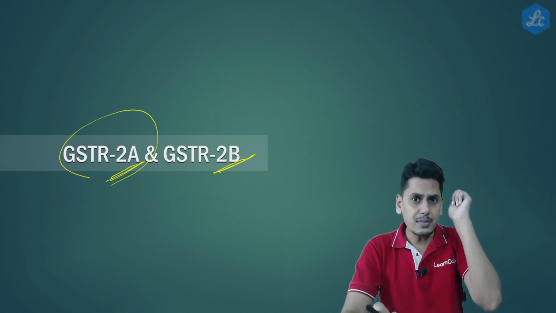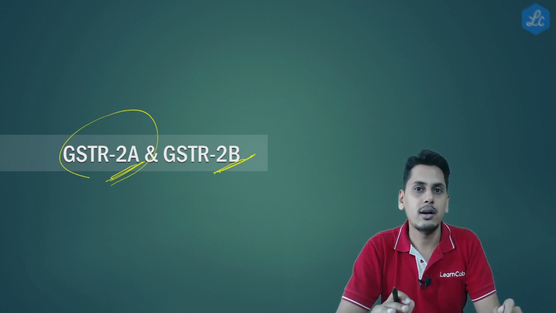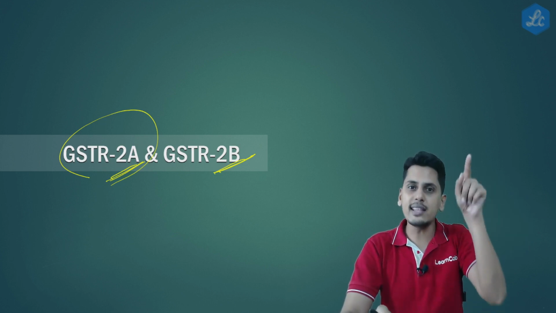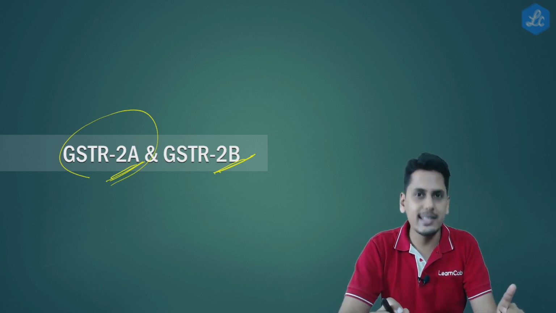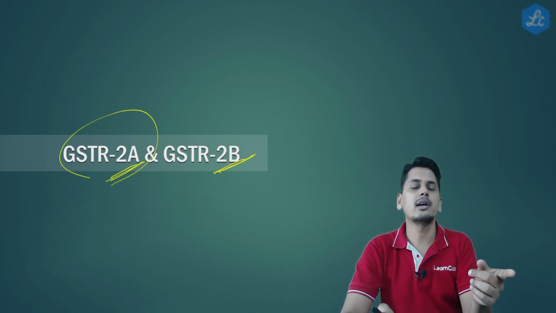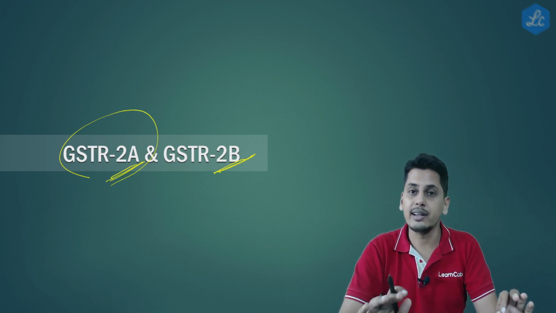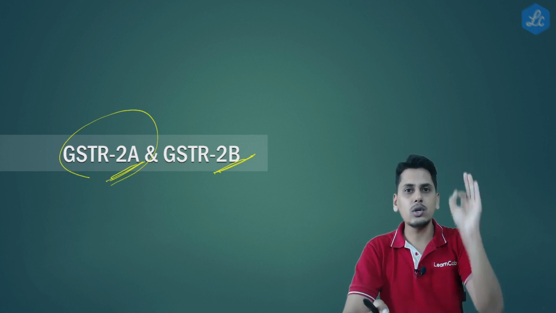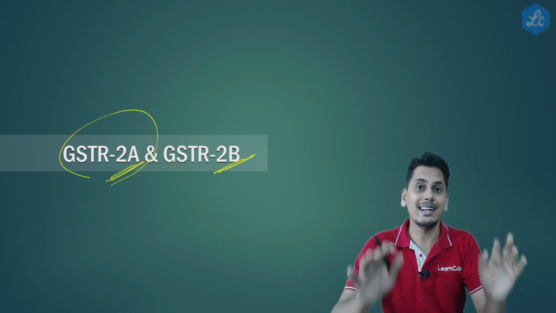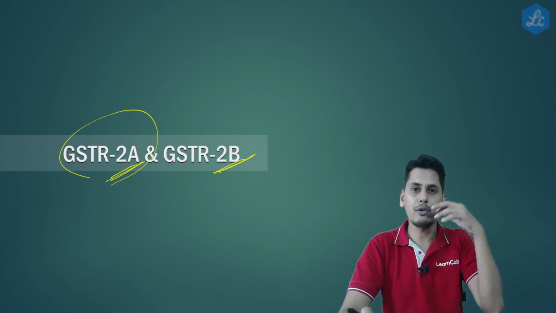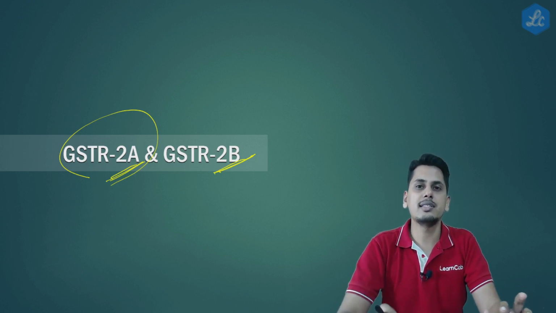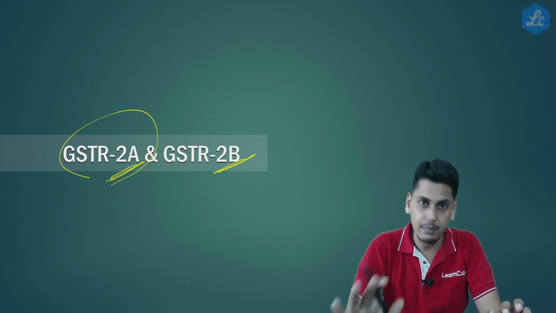Now friends, this particular invoice which is dated August is included in the GSTR 1 of August. Whether this GSTR 1 is filed before due date or after due date, it doesn't matter. As it is included in the GSTR 1 of August, it will appear in GSTR 2A of August. As a recipient for me, it would appear in GSTR 2A of August. Please keep this in mind.